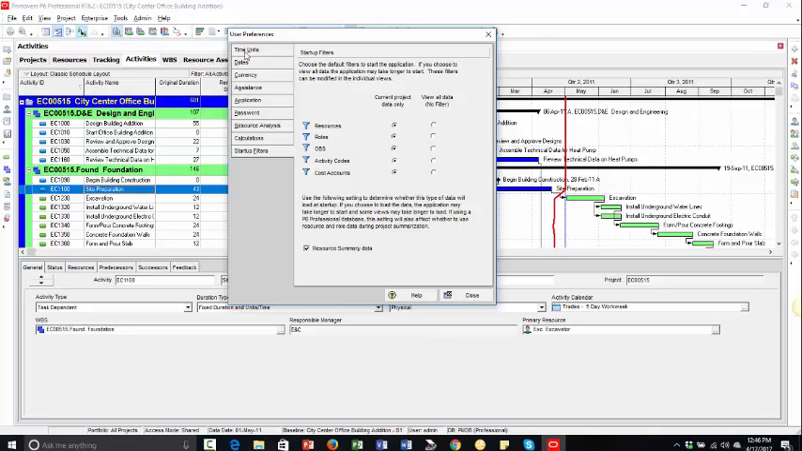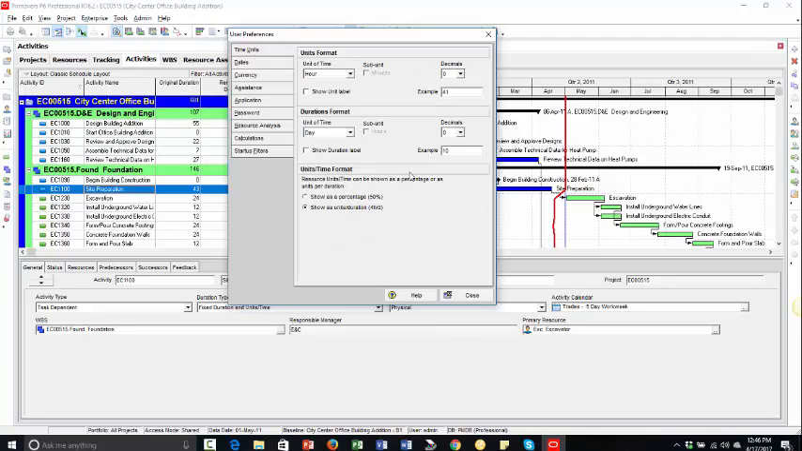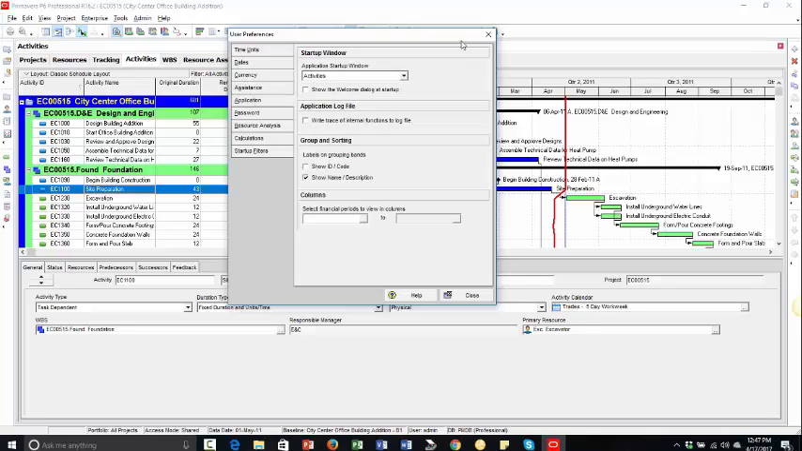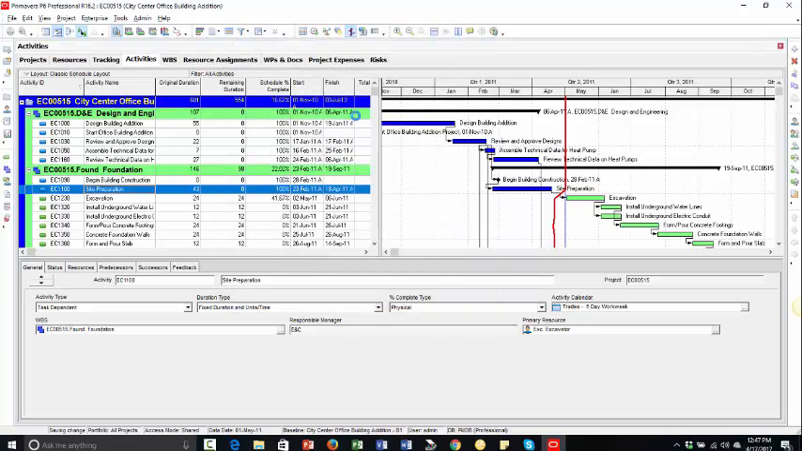Aside from that, this is also a very good portion to enable you to set up your Primavera P6, say if you want to set it up before commencing your schedule. You can also do all of that from the user preferences. Now we have